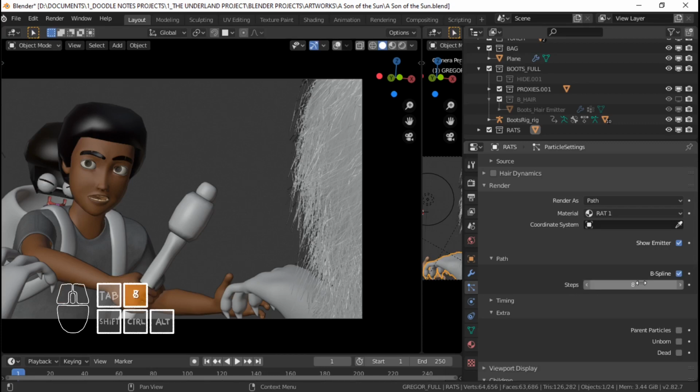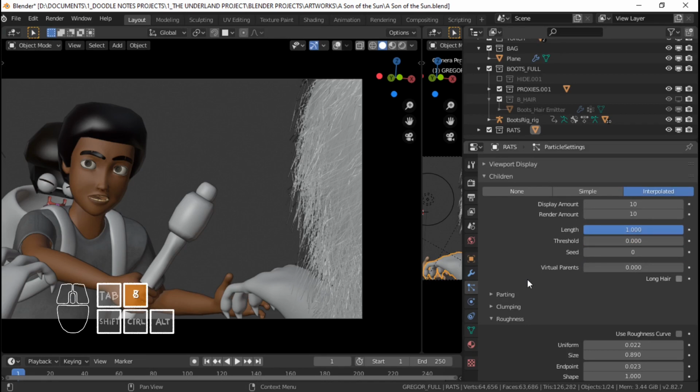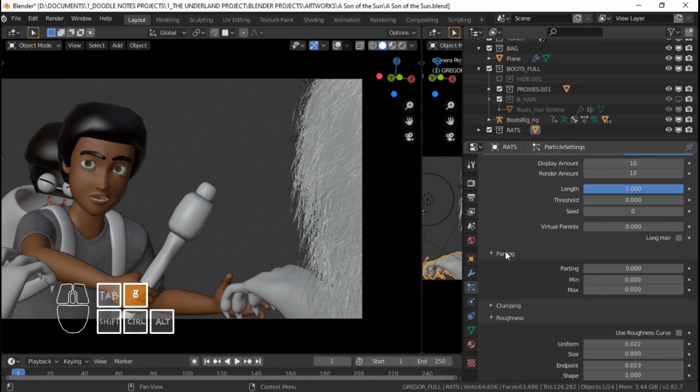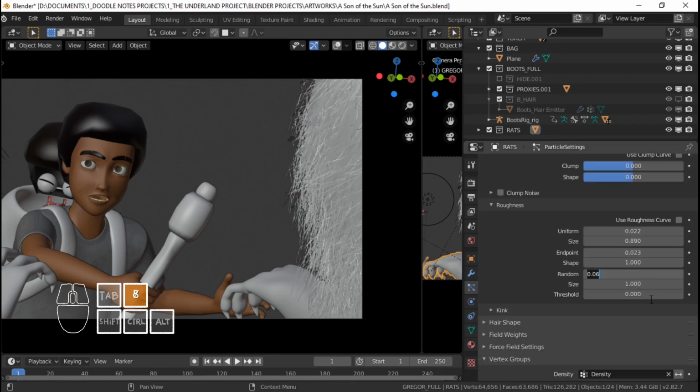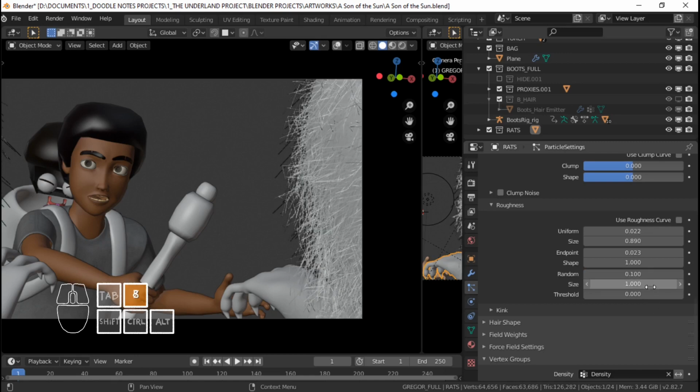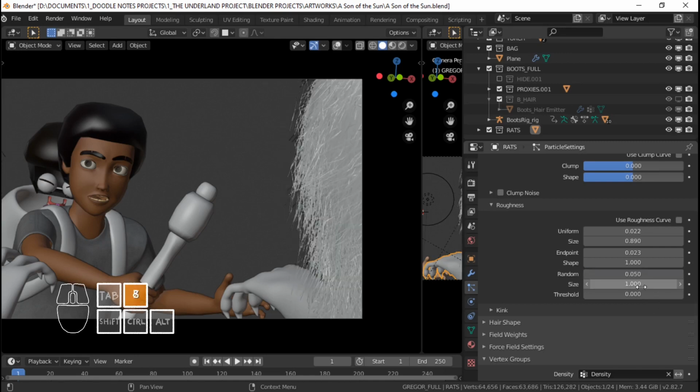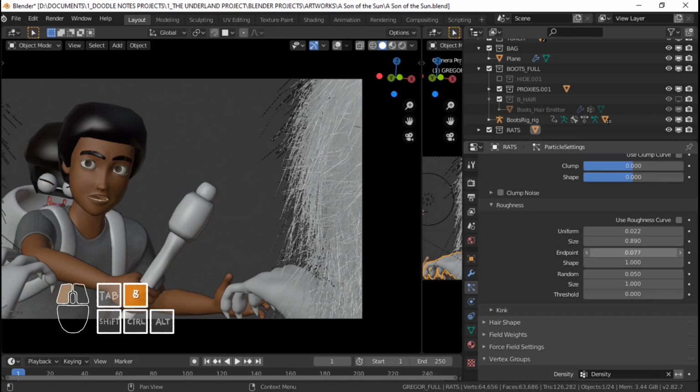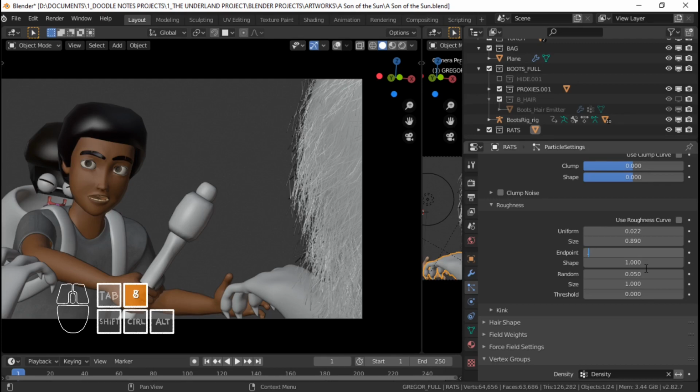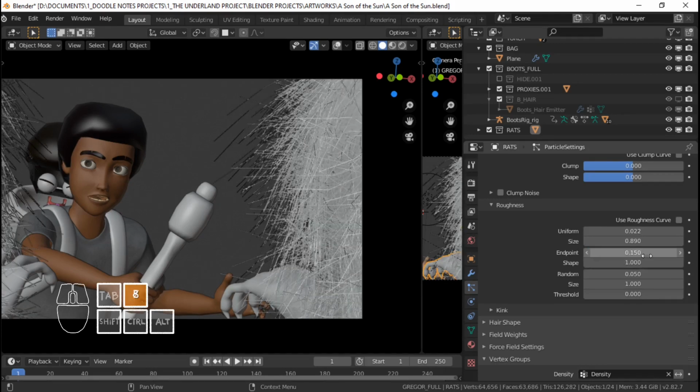I'm gonna settle with 8. I'm gonna make more tweaks on our children settings here. So I'm gonna set the random to 0.1. Let's see what happens. Doesn't look great. 0.05 looks great. The end point is like the end points of the strands. Parting it probably about 0.15 or